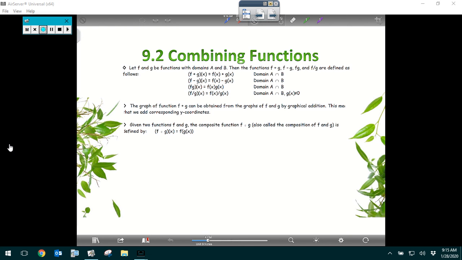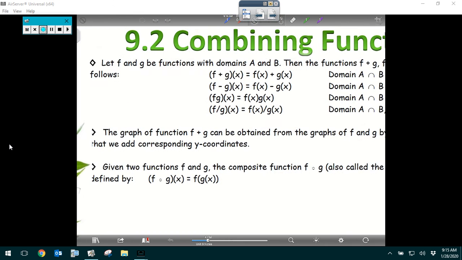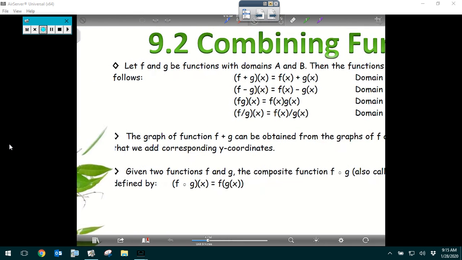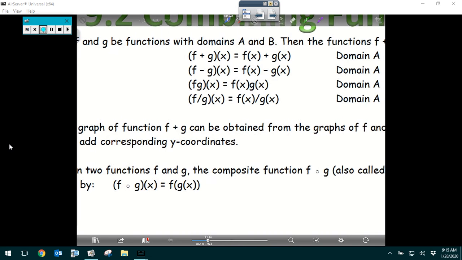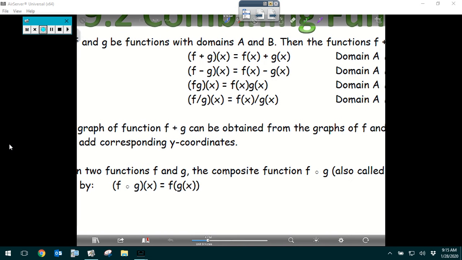Take a look at today's lesson. So we're going to be looking at combining functions in a couple of different ways. This is mostly review. I don't think this is really anything very new, but let's go ahead and take a look at it. So we're going to look at combining functions in this way, where we're adding them, subtracting them, multiplying